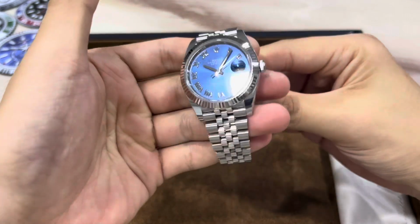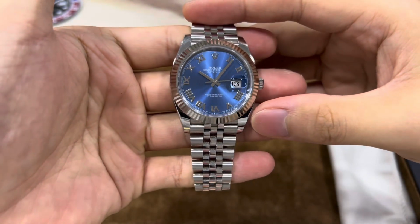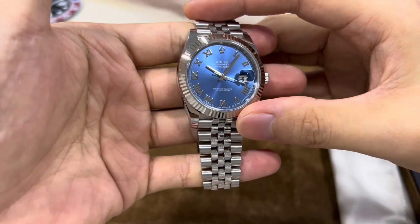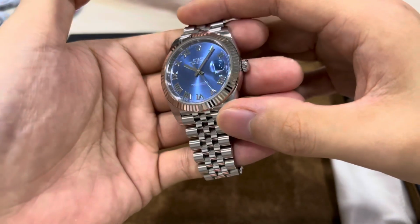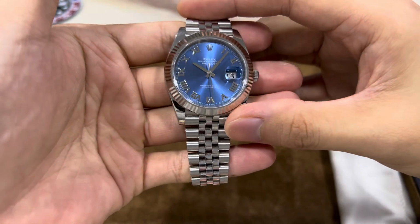So first, let's check out the dial. This one is the Azzuro blue dial, which has a sunburst effect, and it has the Roman numerals. I think Rolex did a really great job executing this blue. It looks really stunning. And under bright light, as we can see here, the sunburst effect really makes the